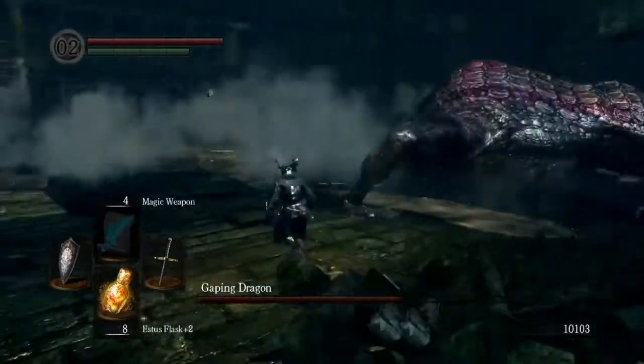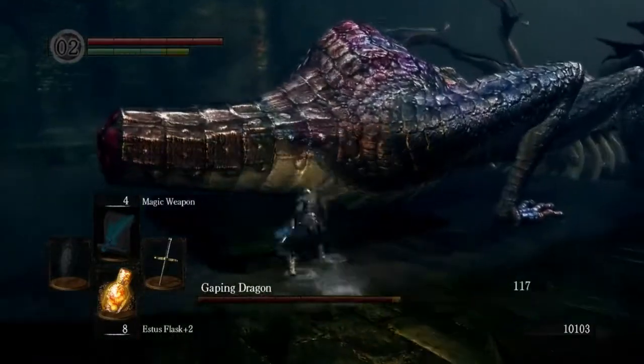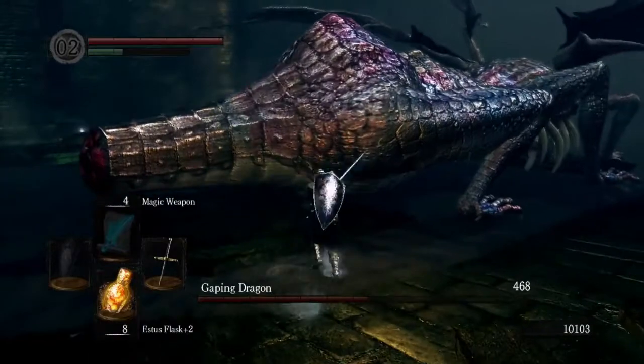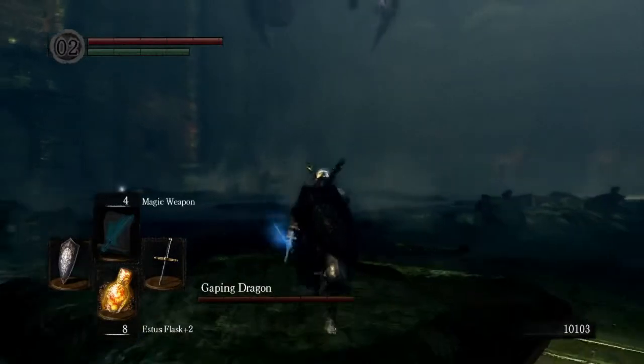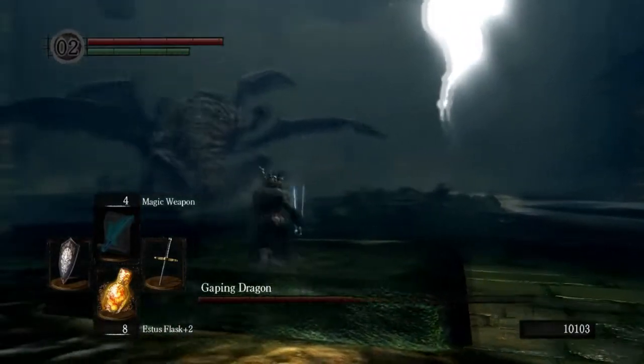As always, try to stay away from his front hands. Unlike what I did there. That was risky of me. Because he will grab you and attempt to eat you. Like he did with Lautrec. If he does happen to grab you, I believe repeatedly pressing L1 and R1,